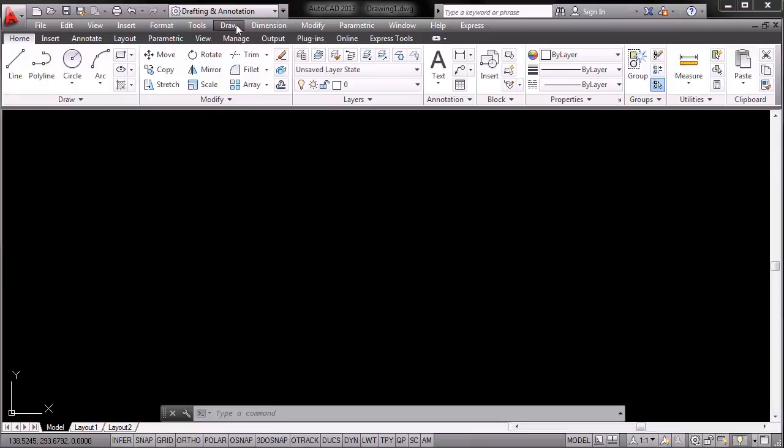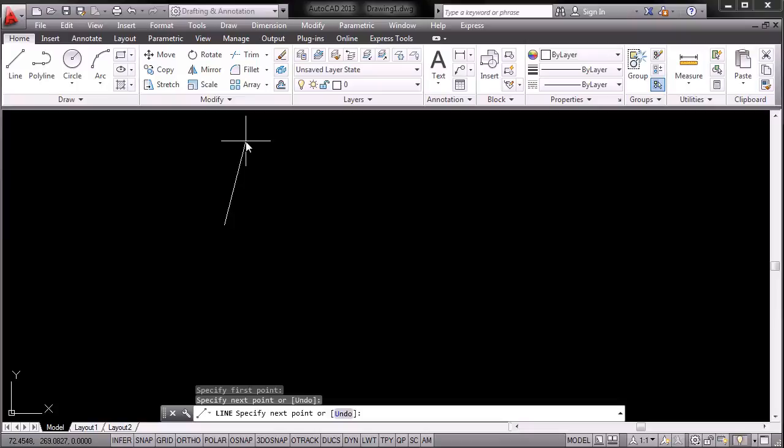Now let's start by using the most basic drawing tool, which is the line tool. So just go ahead and click on line. To start drawing a line, you just have to click on the working space, and this will tell AutoCAD that's where you want the line to start. So you move your cursor, make a second click, and it will tell AutoCAD